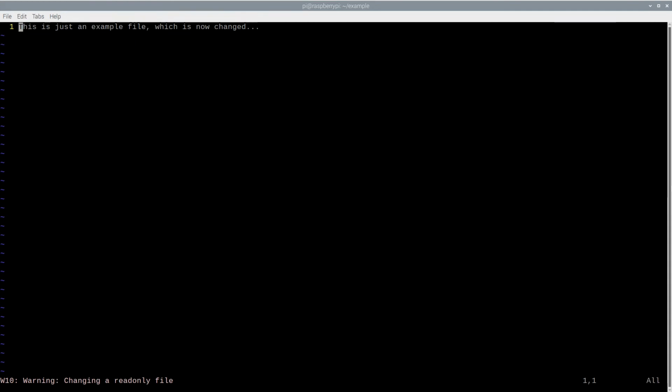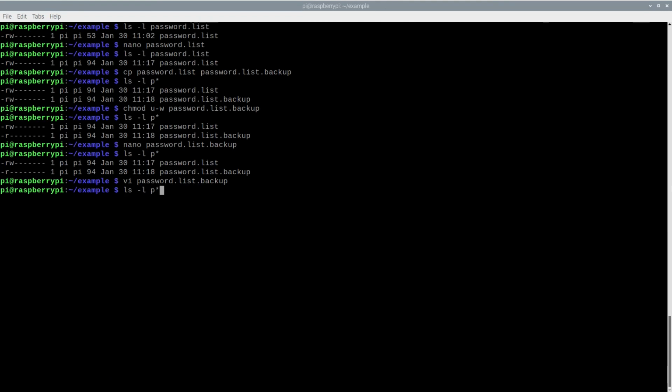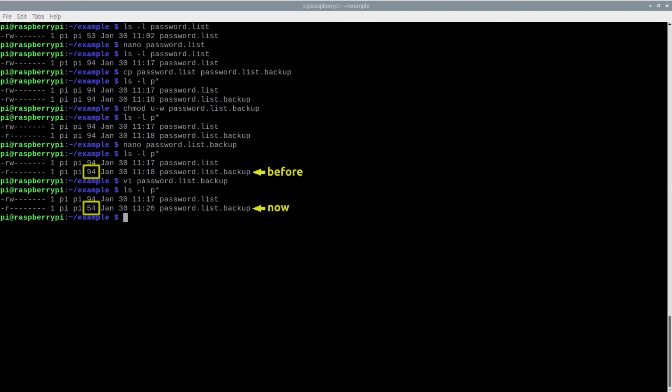Here, when I attempt to save the changed file using the standard write command, I will get a warning too. However, this editor offers me an option to save this file despite being read-only, using a modified write command by adding an exclamation mark to the standard VI editor write command. You can see that the file is now smaller, as I was able to save the changes in the VI editor despite not having write permission.